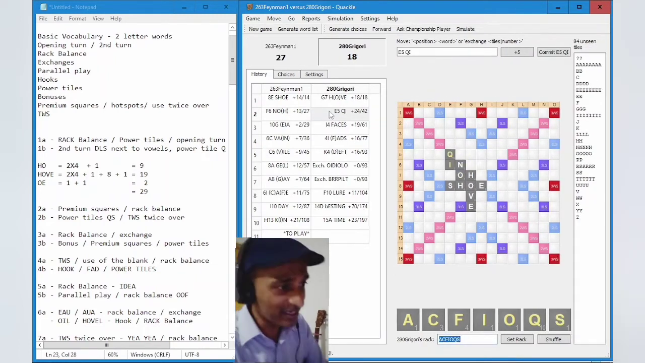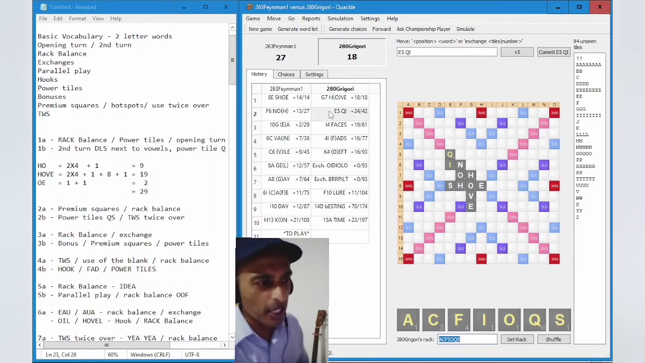Next, we'll observe what Grigory did. Now, Grigory has picked up another power tile, which is the Q. The Q does have a face value of 10, but compared to the other power tile, it's not as valuable. In fact, the Q can limit you in more ways than one, so try and play the Q as quickly as you possibly can. Even if it doesn't score you much, the Q should be offloaded as a rule of thumb in Scrabble. Now, he scored